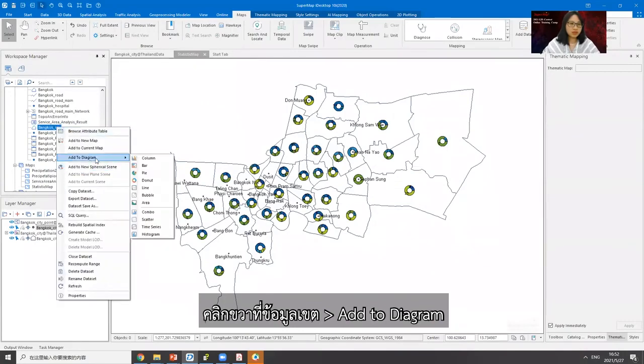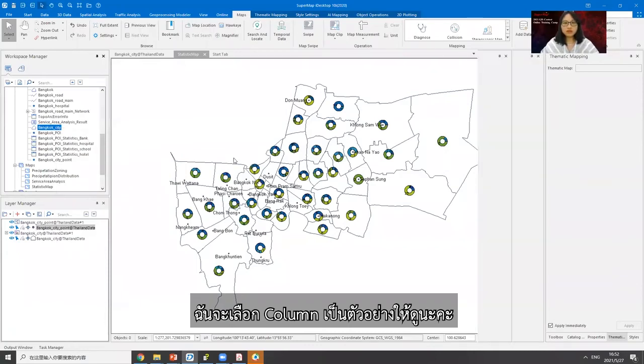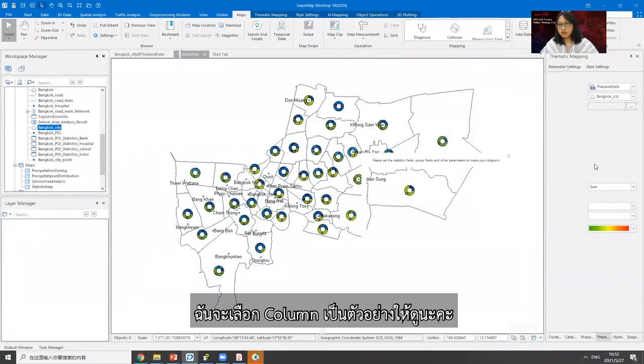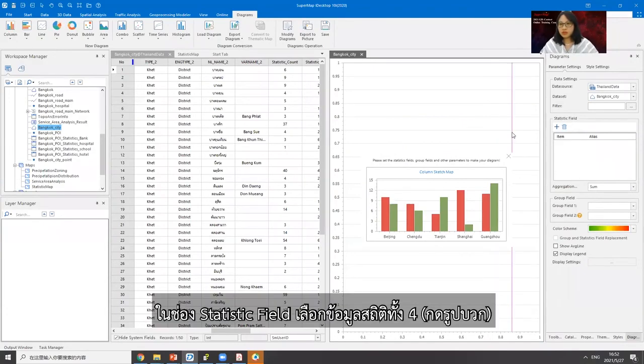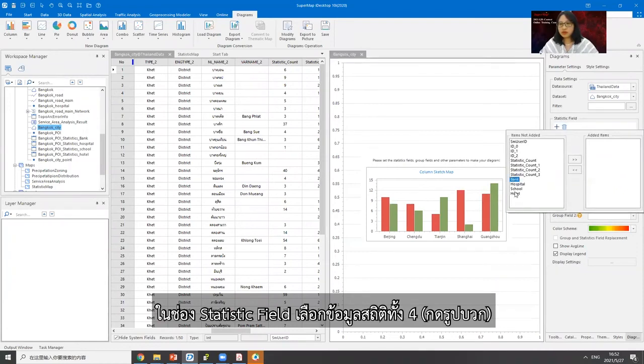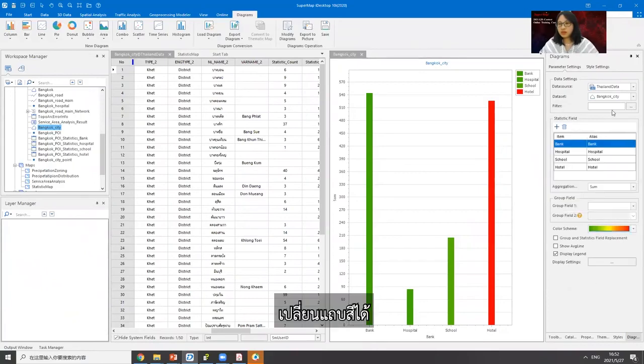Here we can add to diagram. We can also create column, bar, pie, donut, and others. Here I just select column to demonstrate to you. Now here we can select the statistic fields, these 4, and here we can also